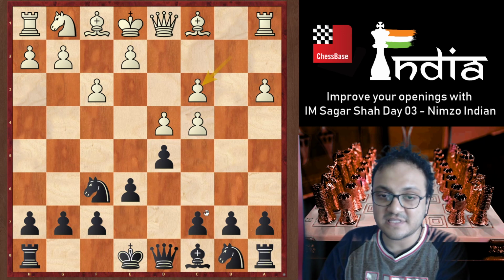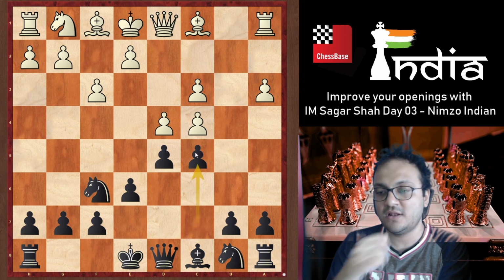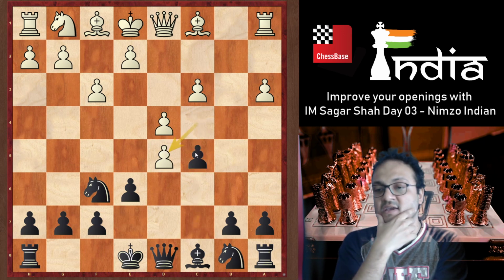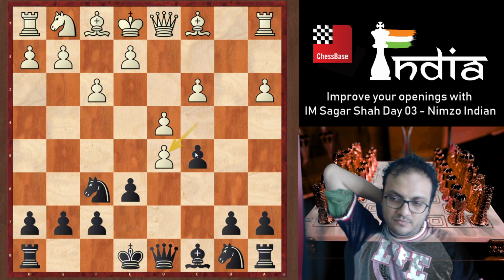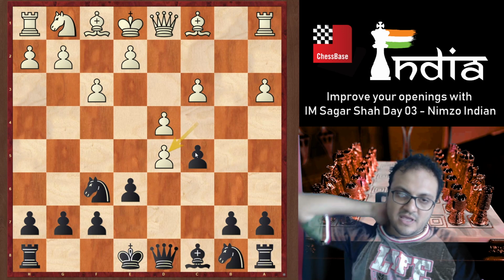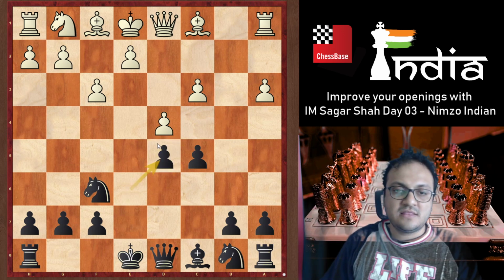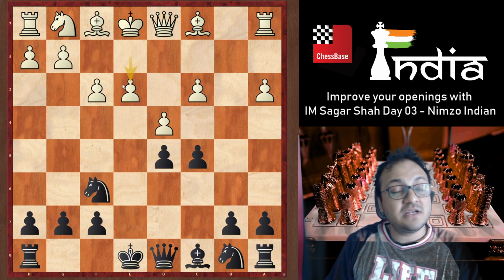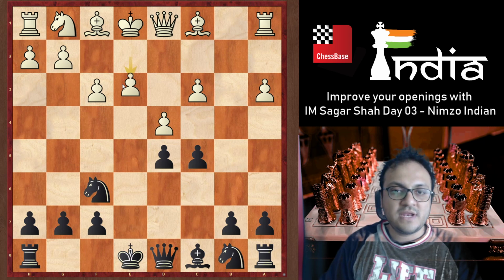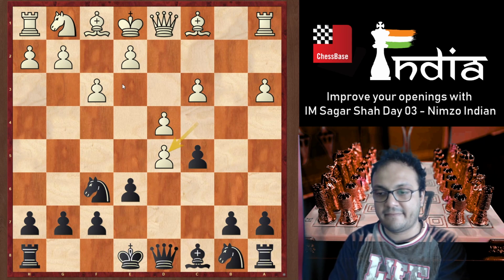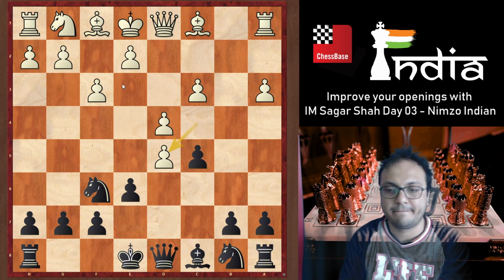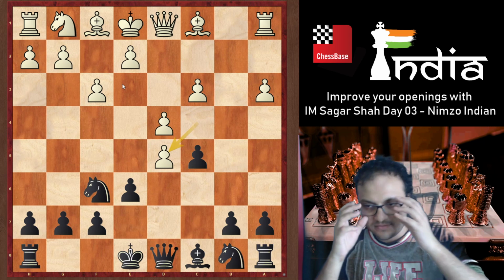Yes, c5 is the correct move. This is what I played as well. He took on d5, and now what should black play? Black to move. If you take here, ed, then after e3 we have a similar structure to Botvinnik Capablanca. So what's the move here? After cd, what should black play?